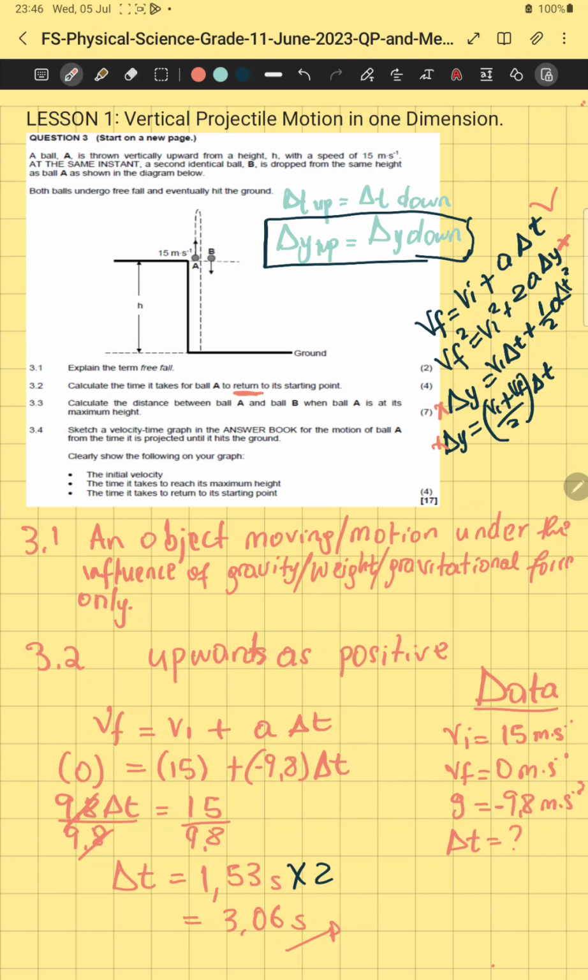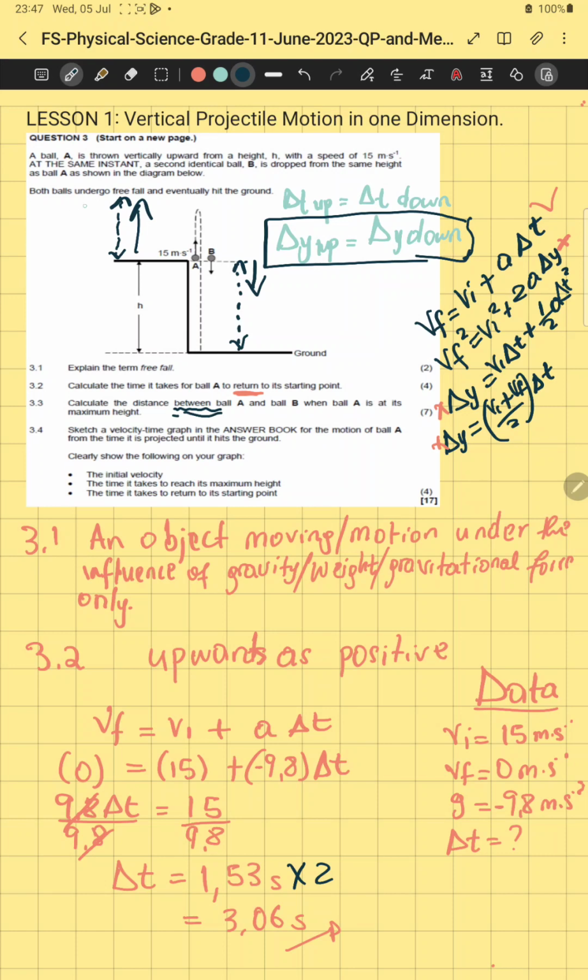And then so yeah, what they are asking here is that when they say calculate the distance between A and B, remember ball A here, ball A was going up, right? And at the time ball A is going up, ball B is going down. Okay, so that means ball B is traveling this portion to the ground, while ball A is traveling that portion to its maximum height. So now if you want to get the distance between,